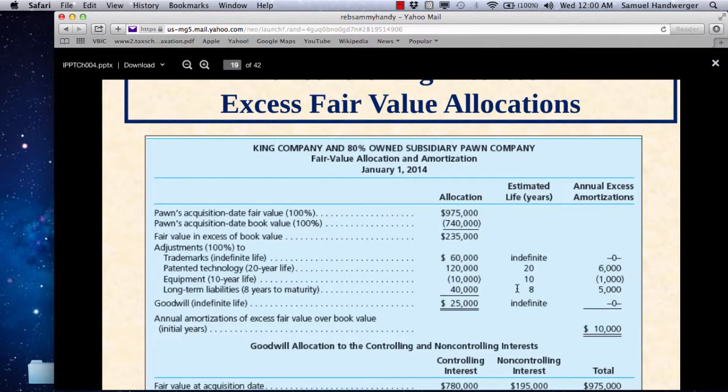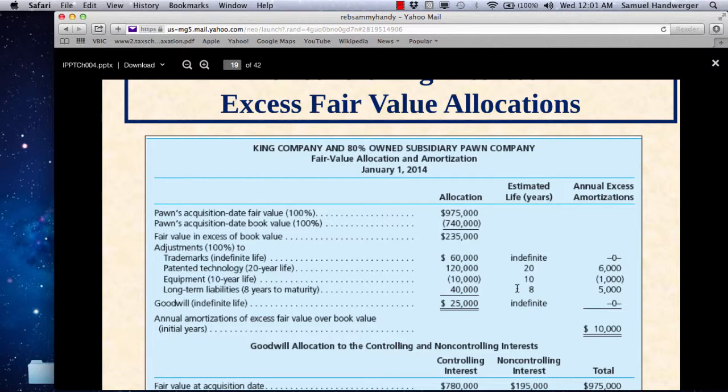So of the 235, we've explained 180, but the equipment actually turns out to be less than the book value. So now we're going to reduce the 180 that we've accounted for by 10. So now we've accounted for 170 of the